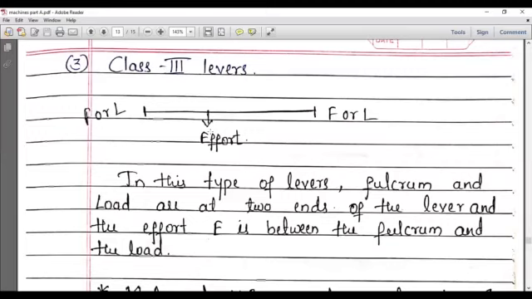Here, one more example. A short handle oar used in a boat race by a boatman acts as a lever of class 3. Short handled boat oar. So what happens in this case? The load arm will be greater than the effort arm. So that is the reason there will be a gain in speed in these kinds of levers. Okay, so next one.